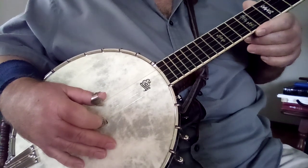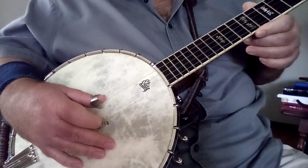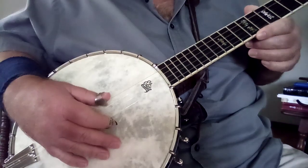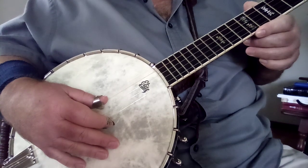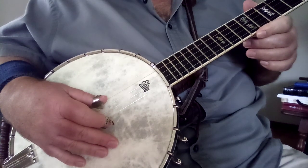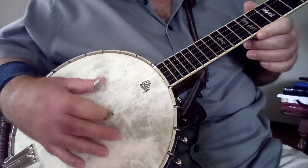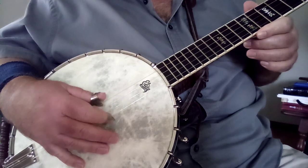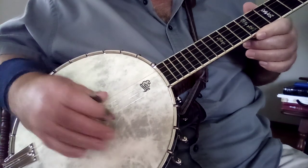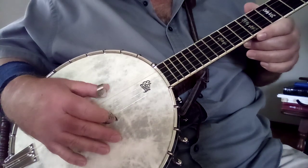Now, you can do this once you start getting it somewhat down. Just anytime you get a chance, pick your banjo up and do this. Practice it 5, 10, 15 minutes. Like that, practice that. And like I said, you don't have to use picks to do this either. Once you get this down to where you're feeling pretty comfortable doing it,